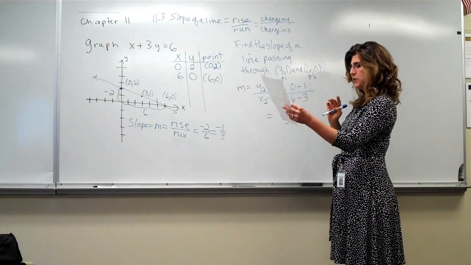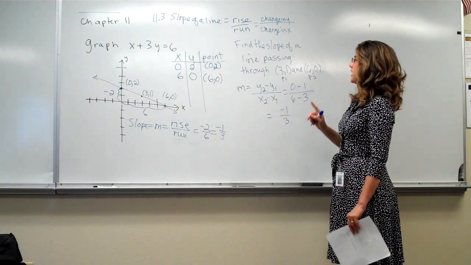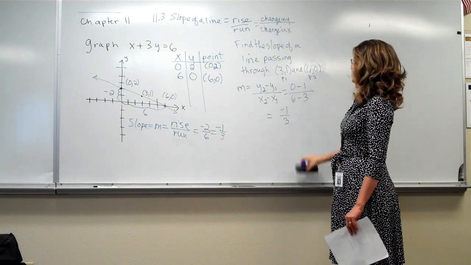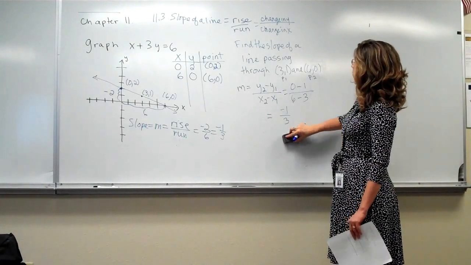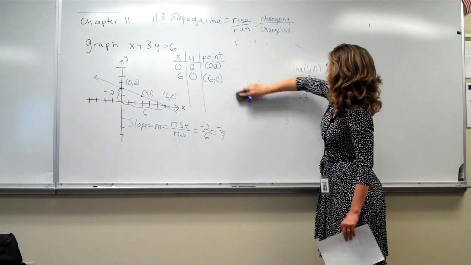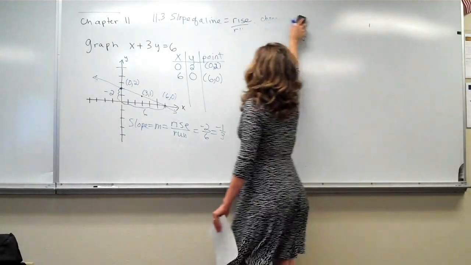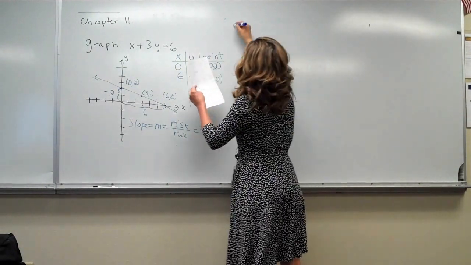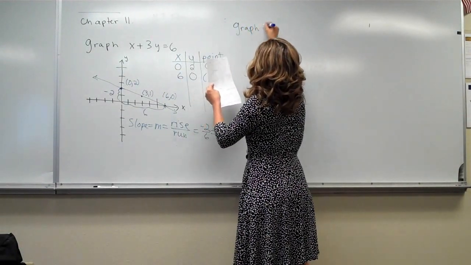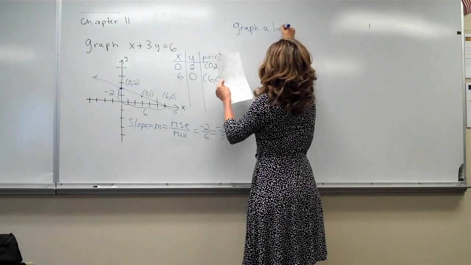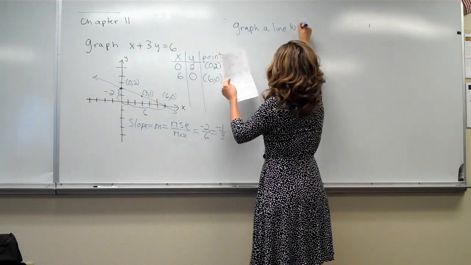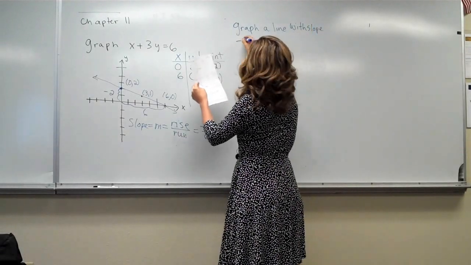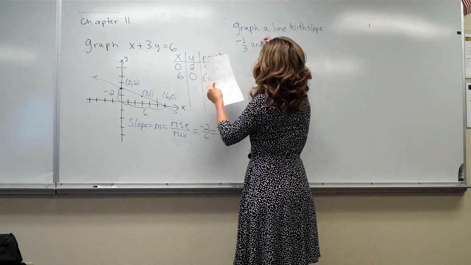Now, there's another thing we can do, is that we can graph a line if we only know the slope of the line and the y-intercept. So let's erase this part and let's do a problem like that. All right, let's graph a line with slope minus 1/3 and passing through